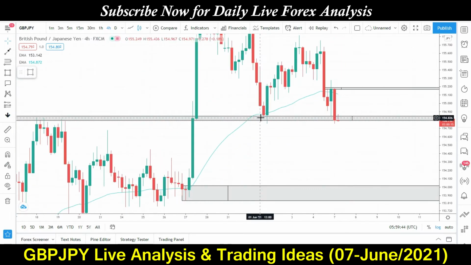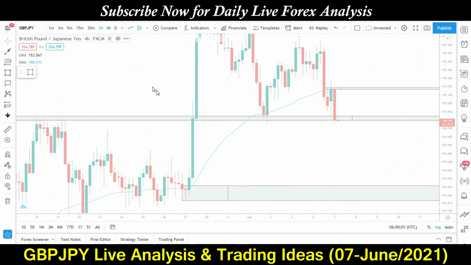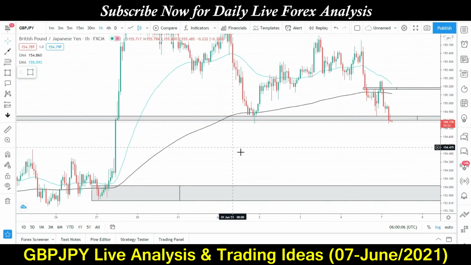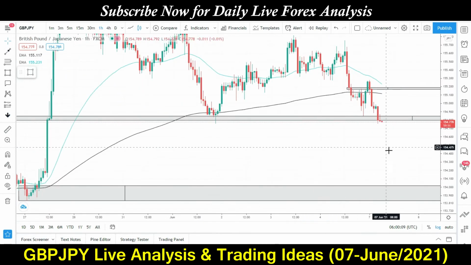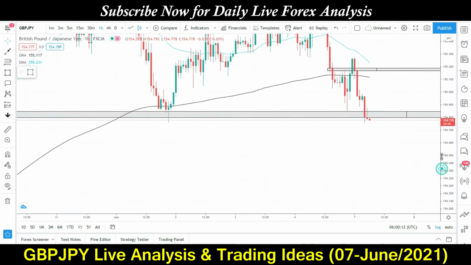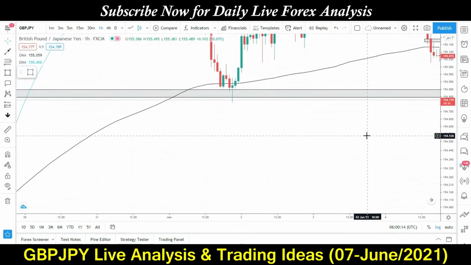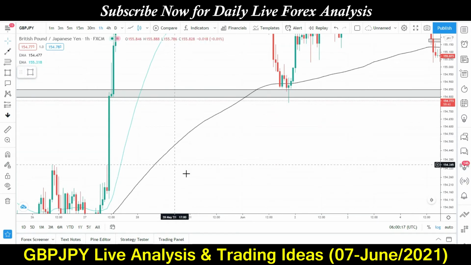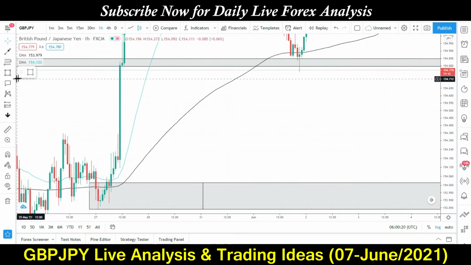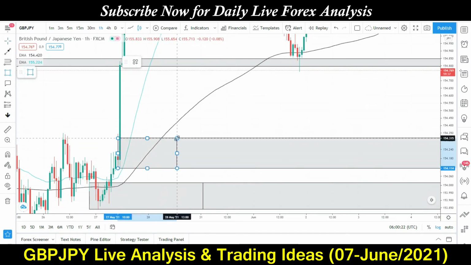Okay, so this is the H4 time frame, and this was the previous resistance, previous high. Market broke this resistance and then made a range, came down to make this support, came again, went up, and now market is at the support level. And if we look on H1 time frame, then we can see that there's a bearish momentum and also a clear move on the left side, and yeah, this will be a good trade.